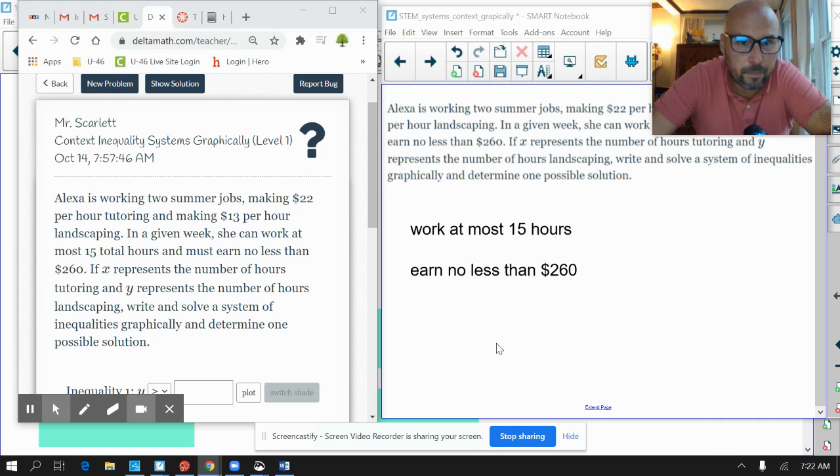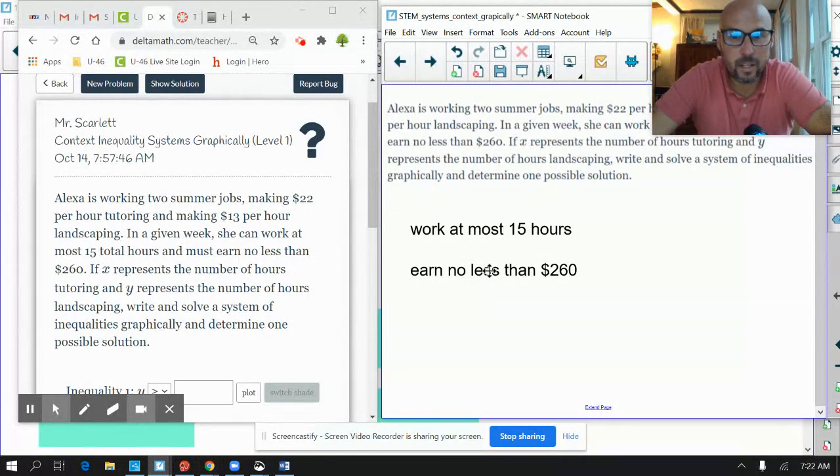Good morning, everybody. So we are going to do two more examples about solving systems in context, but these are inequalities. And please pause the video and read this paragraph. Hopefully you did that. So we've got Alexa here, and she has two jobs, and the two constraints are the